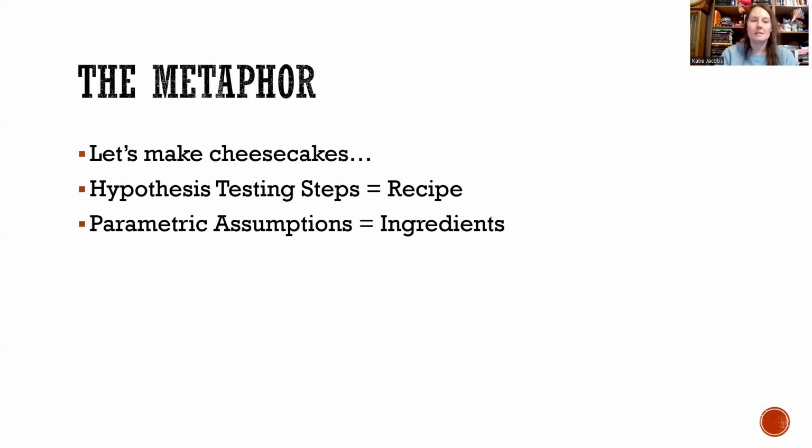You follow the steps where you're creaming the cream cheese and the sugar in really good together, add the eggs one at a time, add the vanilla or whatever, and then you bake it, and then you can top it with cherries or something like that. But there's different ingredients for that cheesecake than if you're making a double chocolate cheesecake, where you might have an Oreo